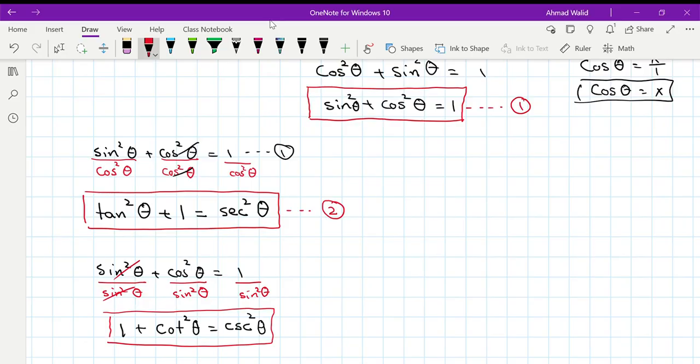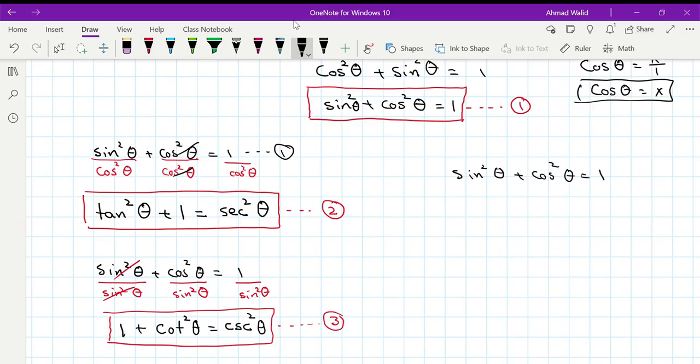But we call all of them Pythagorean identities. Why Pythagorean identities? Because you see all of them come out from equation number 1, correct? You have 3 Pythagorean identities. I can even write 2 more for you. These 2 are also important. It's not in the slides. I think they want to cover it later somewhere else, but because we have our identities ready here, let's write the other 2 also. Again, you have sine squared theta plus cosine squared theta